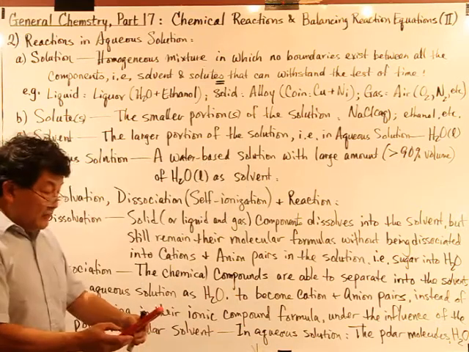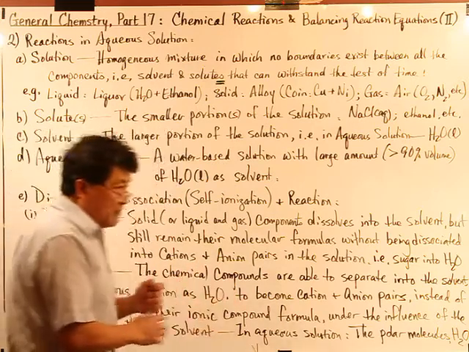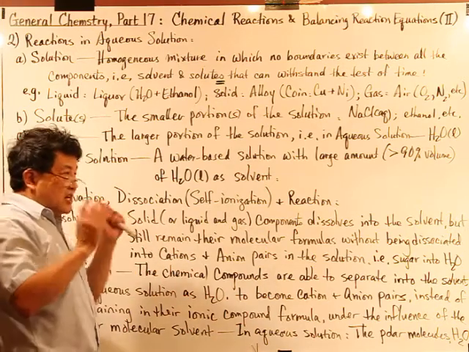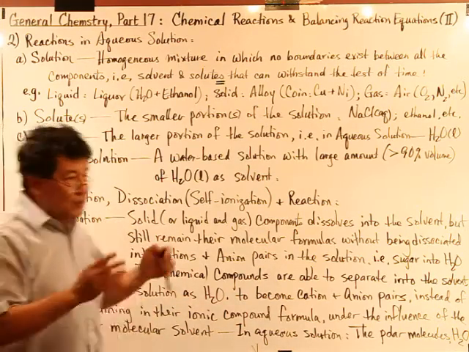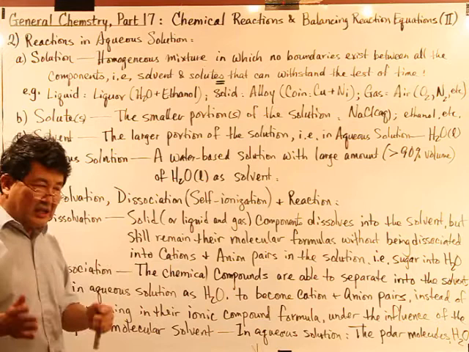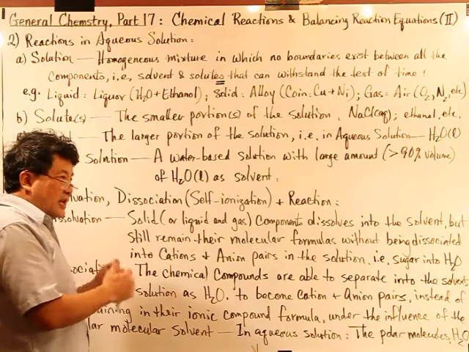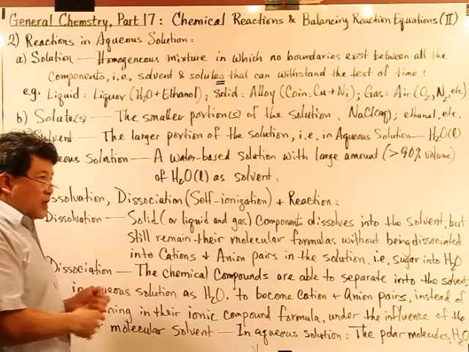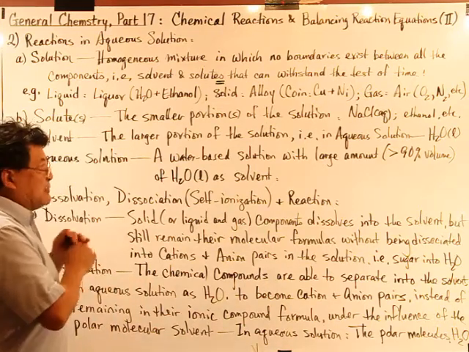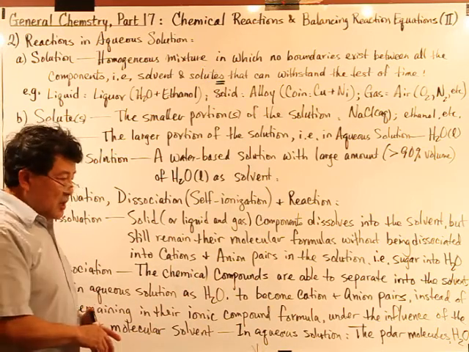But under the influence of what? Under the influence of water. The water itself is a polar molecule, but it's not an ionic compound. Water is a molecule, but one end is slightly positive, one end is slightly negative. The positive end will be attracted to the negative end of sodium chloride, which is the chlorine end, and the positive sodium end will be attracted to the negative oxygen end. So the water has a force, an influence on the ionic compound to split the strongly bonded